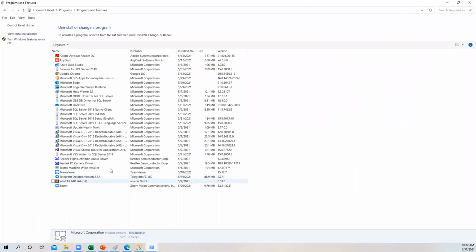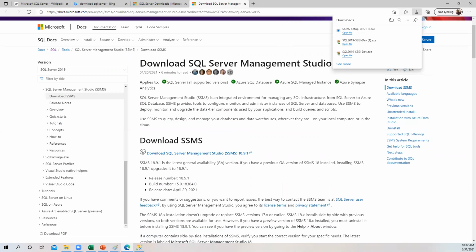SSMS is still running, but which is not there. I think those executable files are already in your folder.